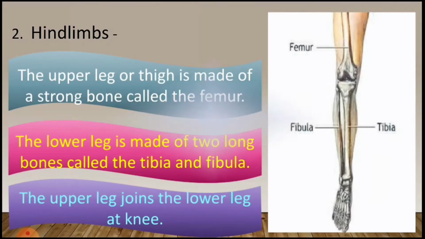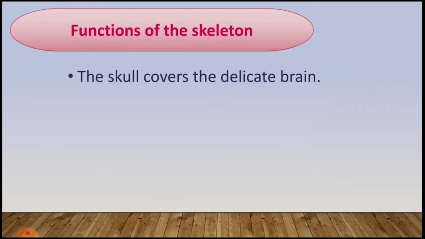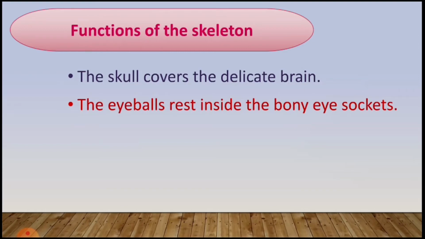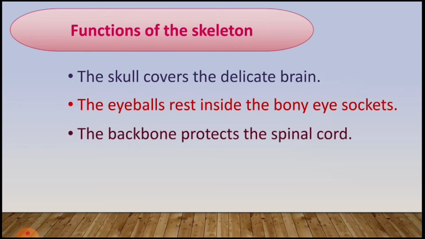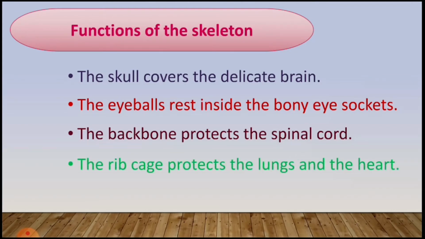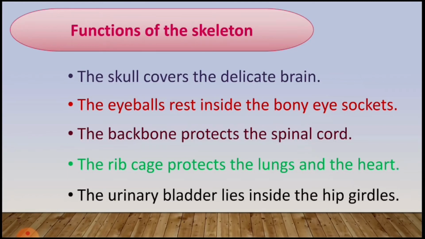Now children, let us see what all functions the skeleton in our body performs. Apart from giving shape, strength and support to our body by bones, it is also responsible for doing other functions like the skull covers the delicate brain, the eyeballs rest inside the bony eye sockets, the backbone protects the spinal cord, the ribcage protects the lungs and the heart, the urinary bladder lies inside the hip girdles, and many more other functions too. So children, here we come to the end of this